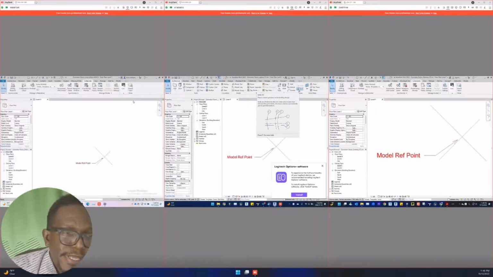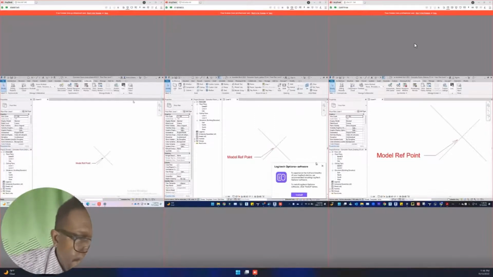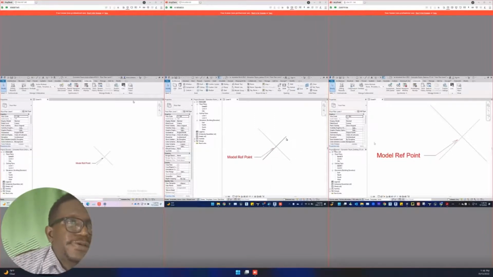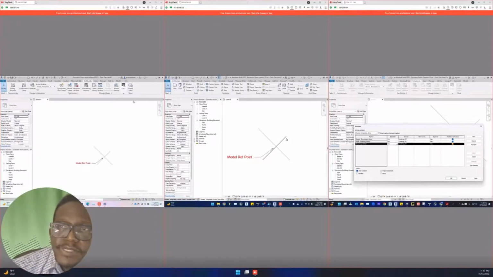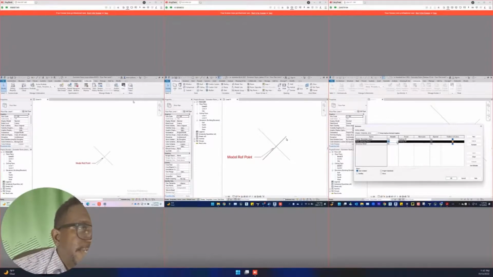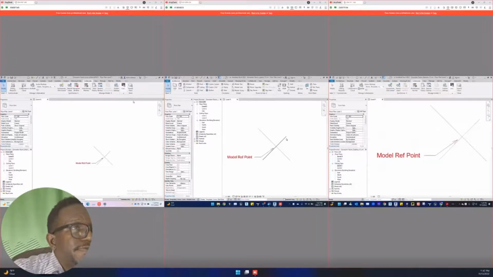So in this case, the desktop user would need to go to Work Sets and say, I do not want to own these work sets. For structure and detail, no, I don't want to own that. For shell, no, I don't want to own that. But for sheets, templates, and annotations, I do want to own that. So I'm going to say okay,